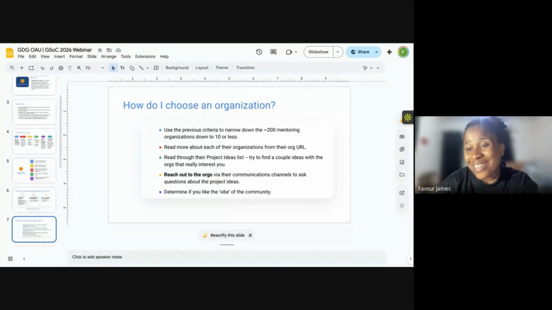But there are some organizations that are probably just new. They are just participating this year. Now, I'm not saying it's a bad idea to submit a proposal to that kind of organization, but for an organization that has not been participating consistently, it might be quite tricky, because the truth of the matter is that even if you submit a proposal for a project, they might not end up doing the project at all, because maybe they did not see any proposal,